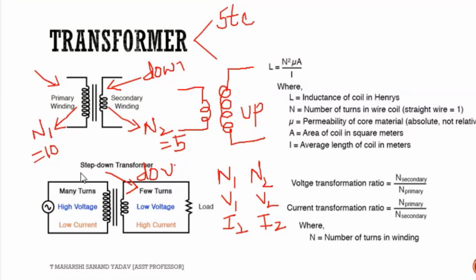So step up and step down. Just for the sake of understanding, I've given this one. In order to differentiate why I'm using step down and step up, I've shown this. Step down is what we are using in our example right now. And this is the formula for inductor. Actually this winding is simply an inductor.